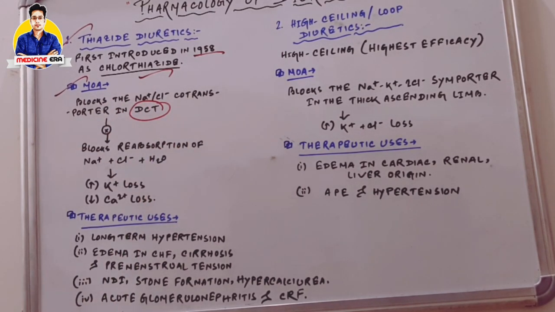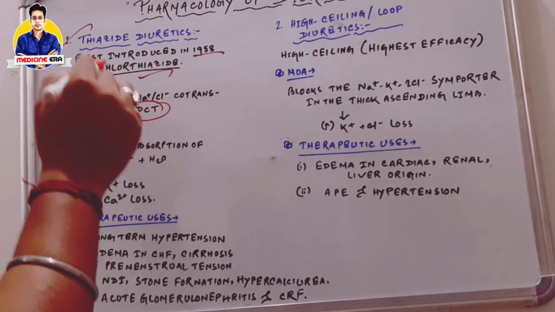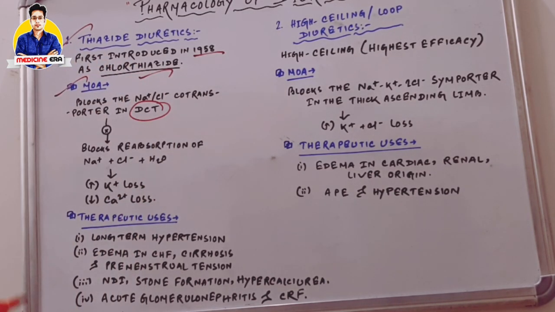Okay, in the nephron, I had also told it earlier that in case of diuretics, their main site of action is the nephron. So the nephron contains different types of parts. One of the most important parts is the distal convoluted tubule. It is very important. These thiazide diuretics mainly act on that particular part. So in the distal convoluted tubule, it blocks the sodium and chloride co-transporter. Co-transporters, symporters and porters are the doors or the windows by which the ions go in and out from a particular place or in and out from the cells. These are called co-transporters or symporters.